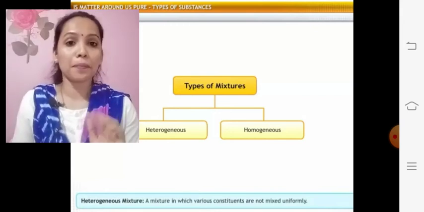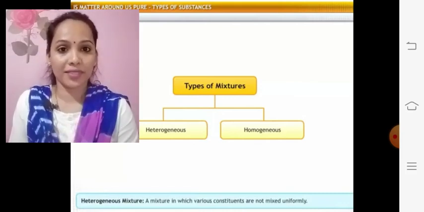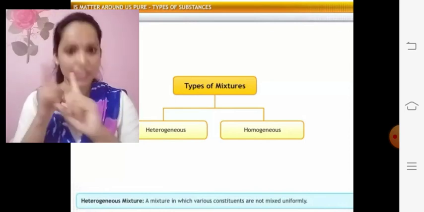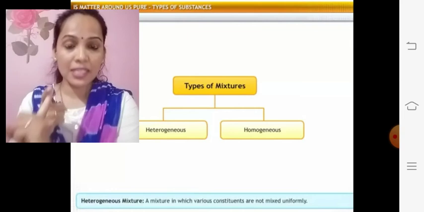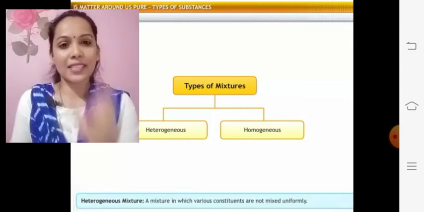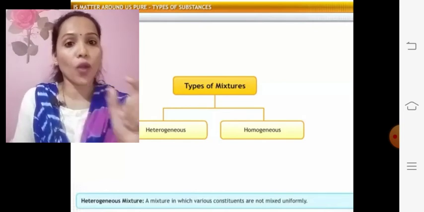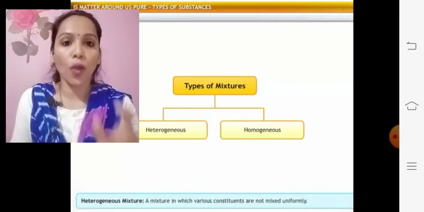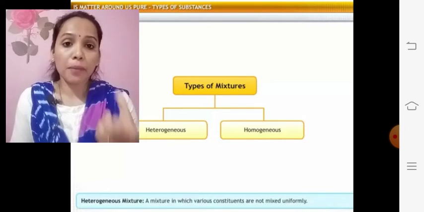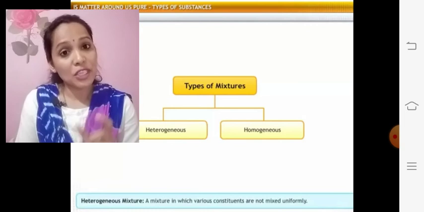So, there are different types based on the physical state of the components in the mixture, but based on the property the mixtures show, we have 2 major types. First one is heterogeneous, second one is homogeneous. As the word says, we will start with homogeneous. It is simple. Homo means similar or uniform composition. Genus means generating. So, if a mixture is generating a uniform composition,